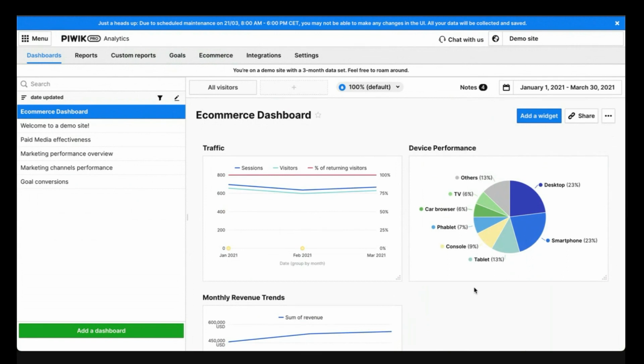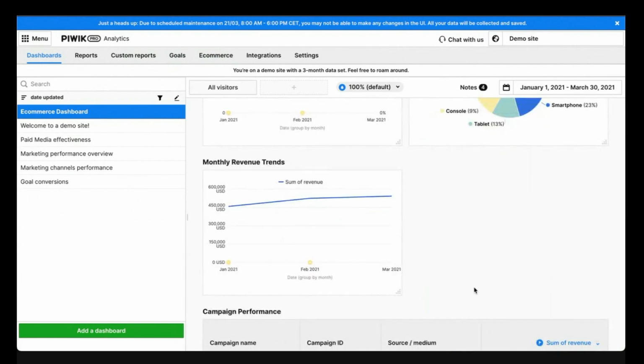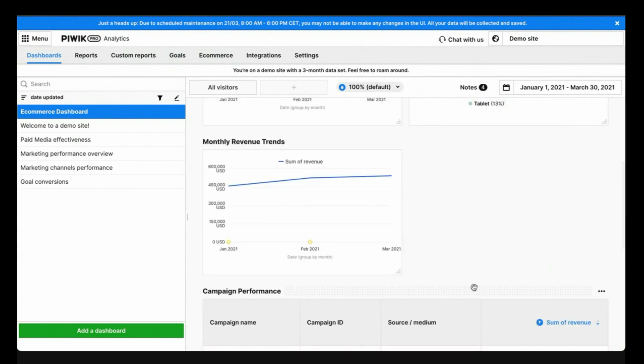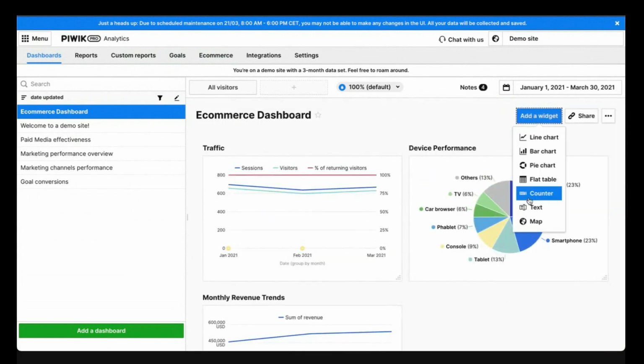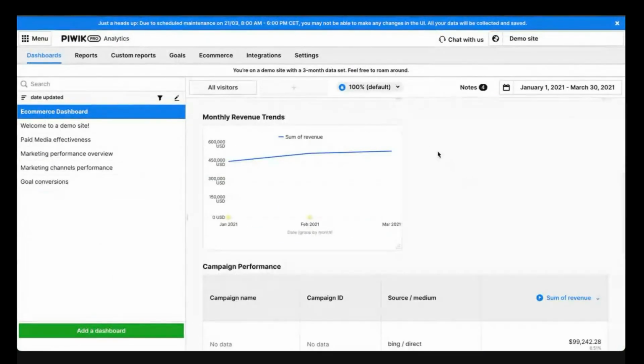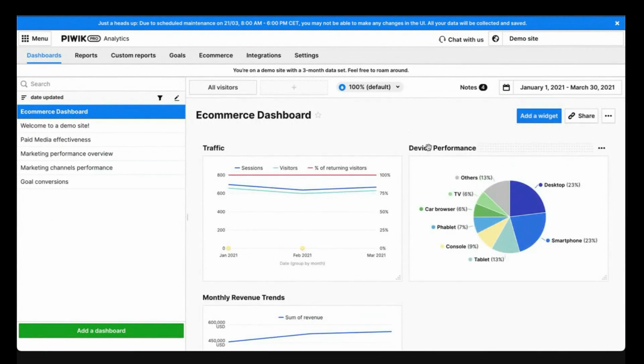So we got here the traffic, we see where it's coming from, we see the trends, and maybe we can also add another type of widget here. Let's say we can add the counter. Let's see how much space we have. So I think we can add 3 counters here next to the traffic. So we can add a counter for